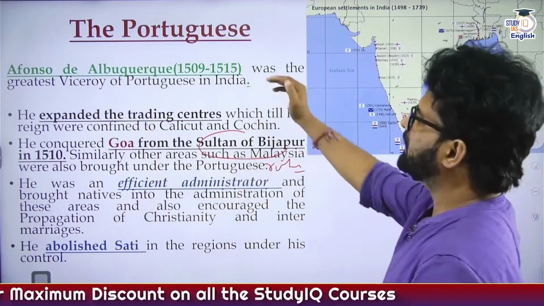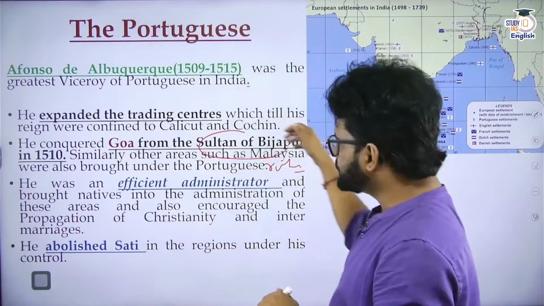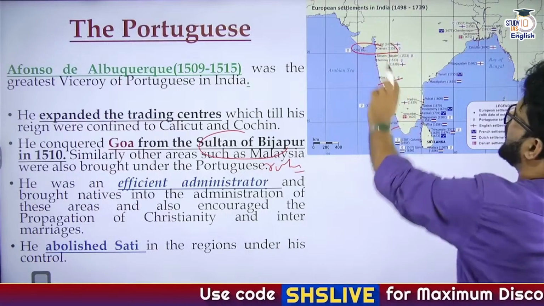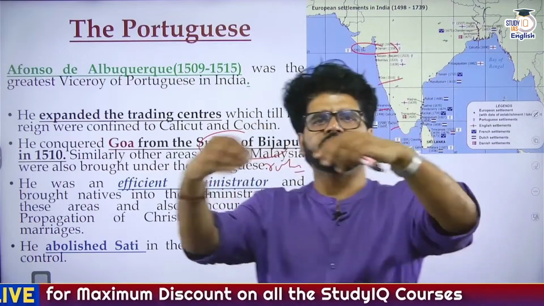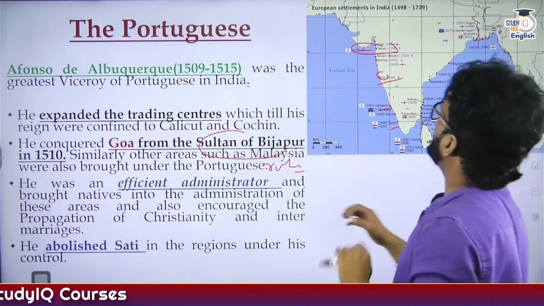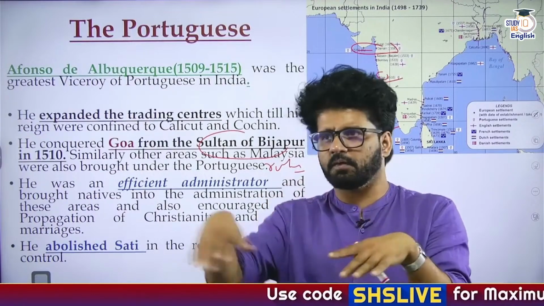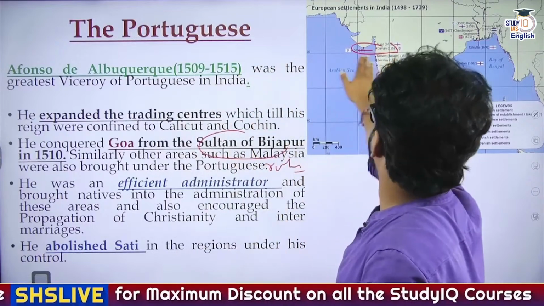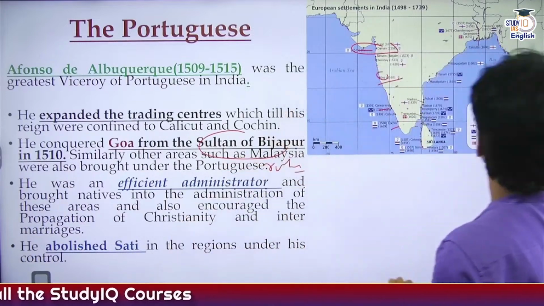He will conquer Goa. In 1530, Goa will be made the new Portuguese capital. These things are important. The Portuguese will not only capture Kochi, Kannur, Goa, they will also capture Daman and Diu, Dadra and Nagar Haveli. It is said that they will keep a tab on these areas. They will give most of the other areas to the English and others, but they will have Goa, Daman and Diu, and they will also keep Dadra and Nagar Haveli. The Portuguese will go away from Dadra and Nagar Haveli by 1954. The other two regions, Daman and Diu and Goa, will get independence in 1961. So we have to keep these things in mind.